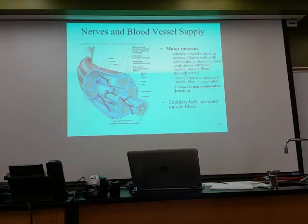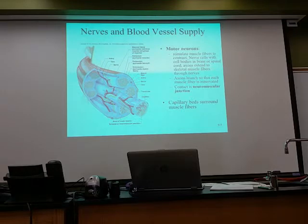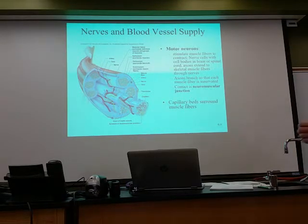In other words, whatever the information was that went in, and it required a response from skeletal muscle, the response reaches that neuromuscular junction by way of a motor nerve. Yes, no, maybe. Okay, don't worry, because we're going to keep talking about that. So, when we talk about the neuromuscular junction, it's going to be where the terminal end of a motor nerve and the muscle cell it innervates